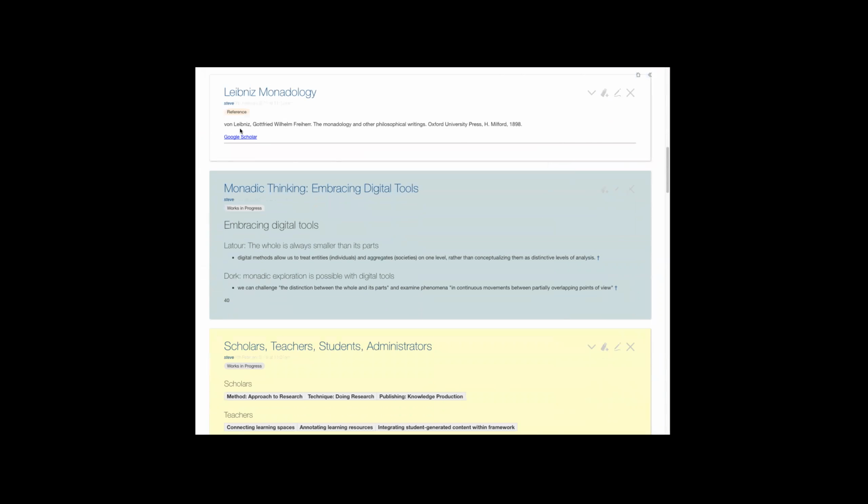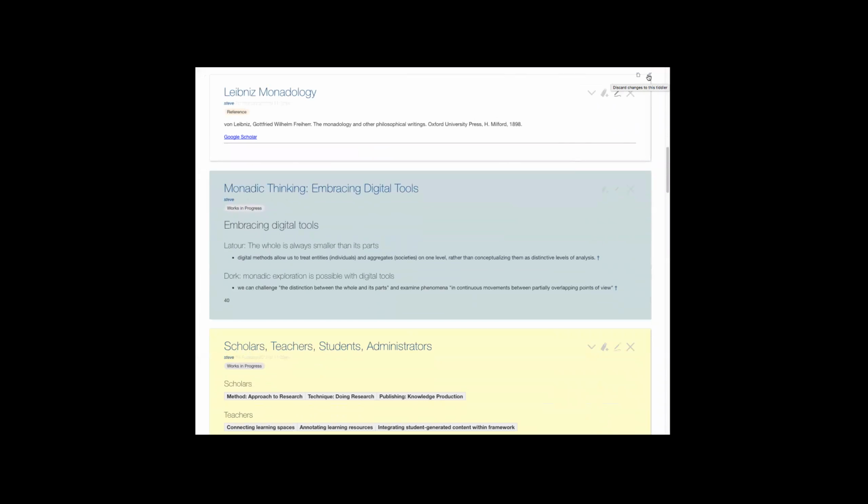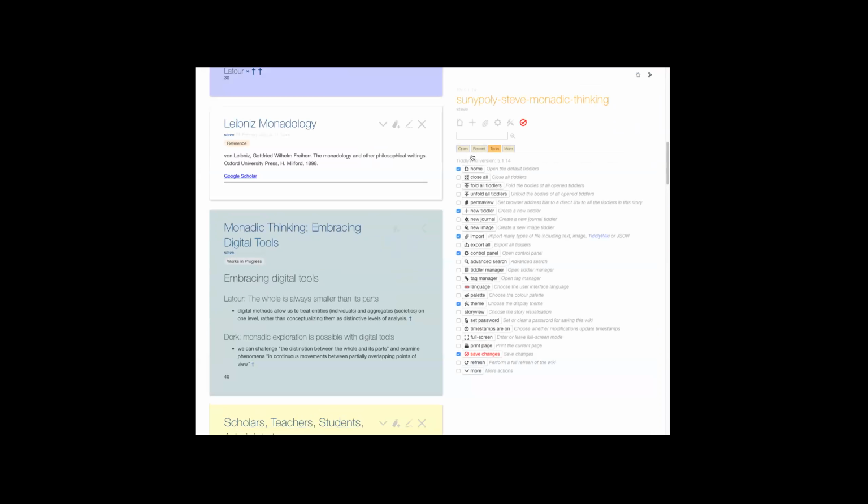There's nothing about Google Scholar in any of this. So if you don't see it in my code, but you see it on a Tiddler, you should think to yourself, what? Where's this coming from? If it's not in the Tiddler, where's it coming from? How do you get stuff on a Tiddler that's not in the Tiddler code? Template. It's in a template. Thank you.